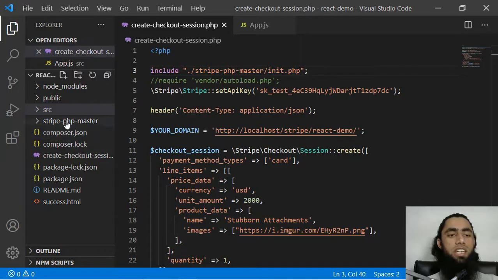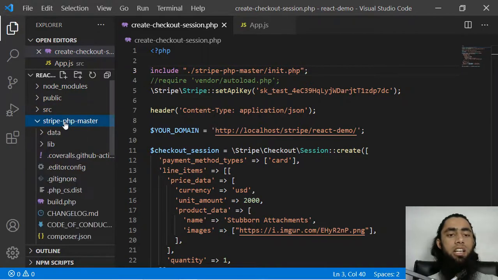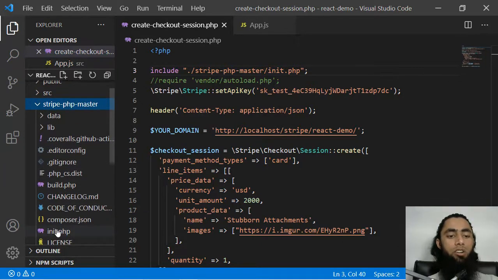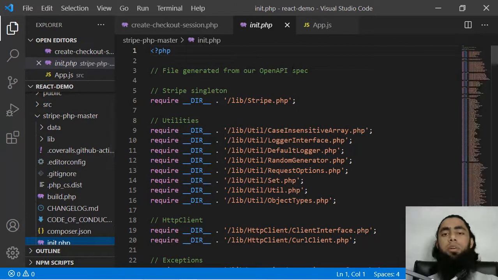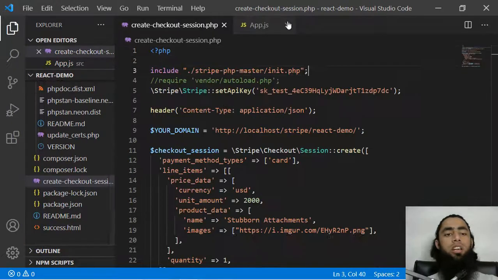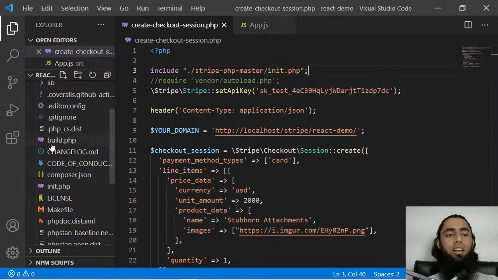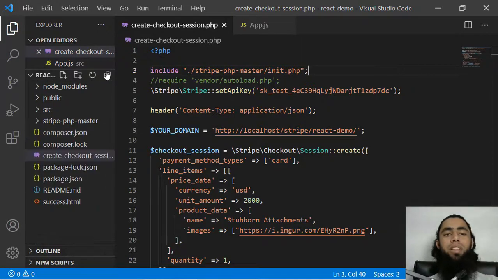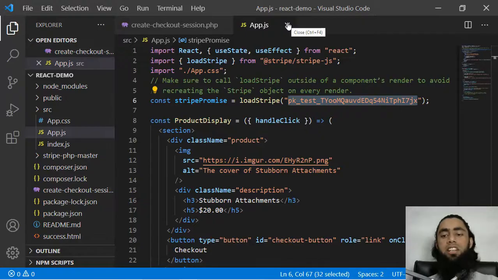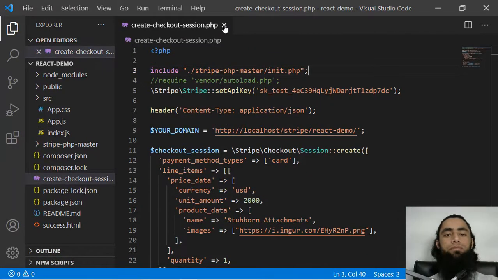So you have to save these changes, and inside of this stripe-php-master we have this file, wait a minute, yeah, this one, init.php. So inside of init.php all the important files are included which are there inside of this library.